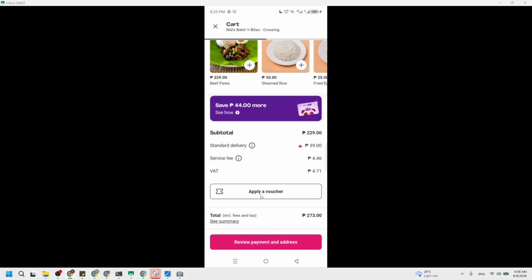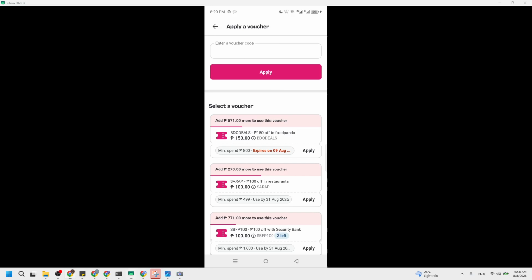A common beginner mistake here is rushing past this screen and placing the order before applying the voucher, so pause here for a moment. From there, click Apply a Voucher, then type Pella order exactly as it is into the text field. When you tap Apply a Voucher, a small box or panel appears with a field where you can enter a code. Carefully type